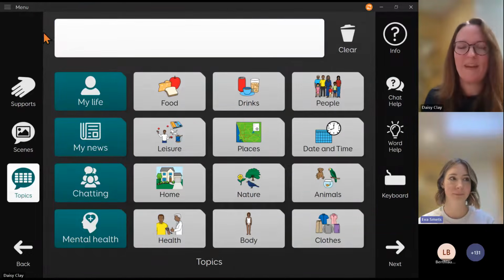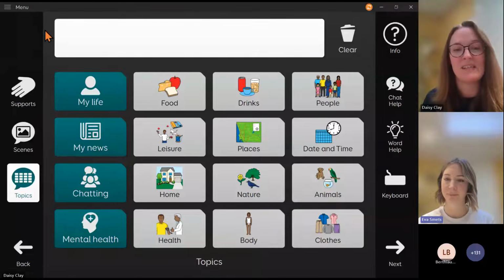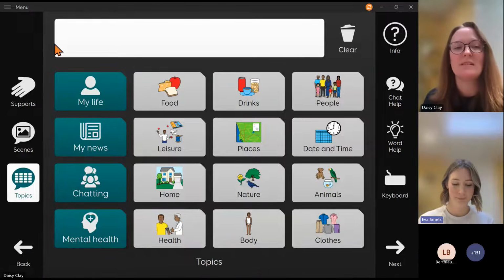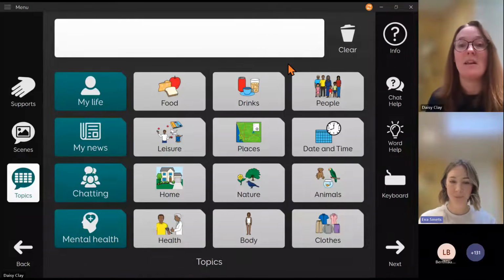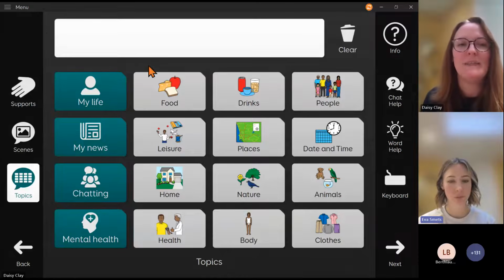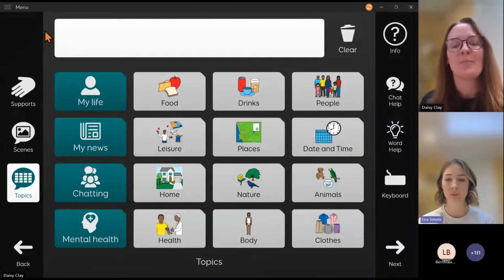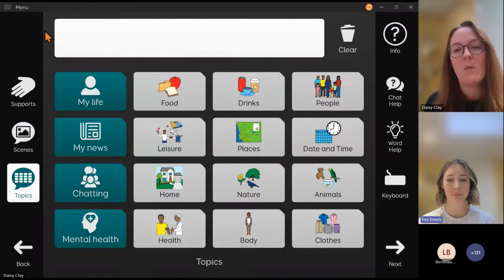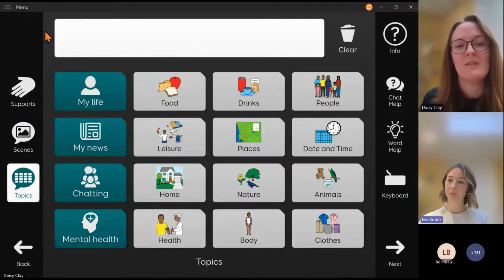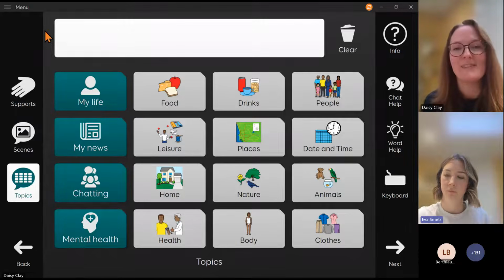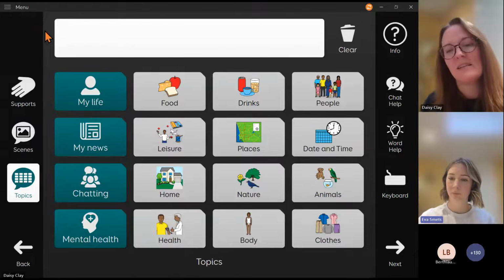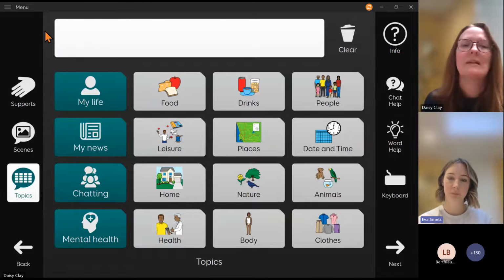Okay, so here we are. The first thing you'll notice is that the cells are much smaller. So we've got 16 communication cells in Duo 16, hence the name, compared to the 9 that we saw in Aphasia Duo 9. So this will be suitable for people who have got better physical access. Many of the people that we've been trying this with have been able to access the 16 cells. But we know that sometimes, well, it's very common with people with aphasia for them to have visual difficulties following the stroke. So it's worth having those assessed and knowing whether someone can cope with the 16 cells and the slight increase in visual complexity.